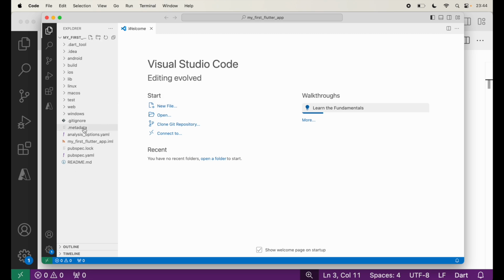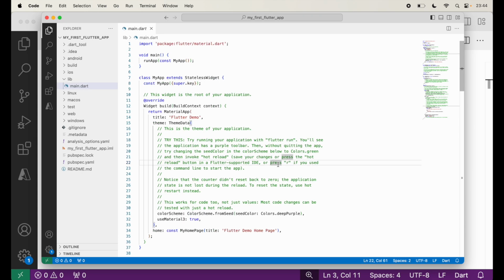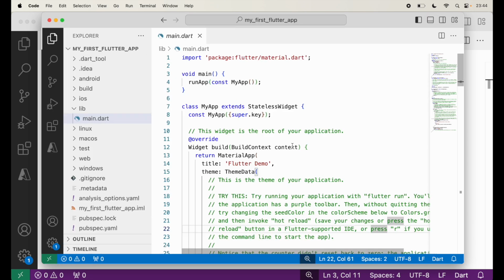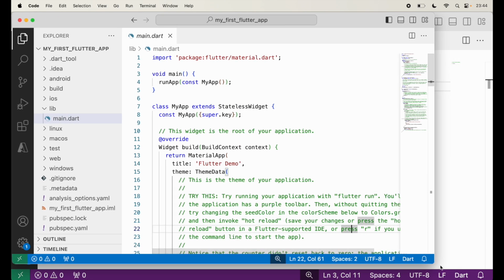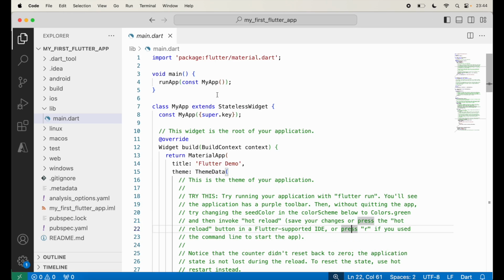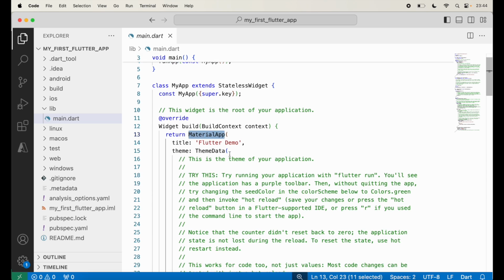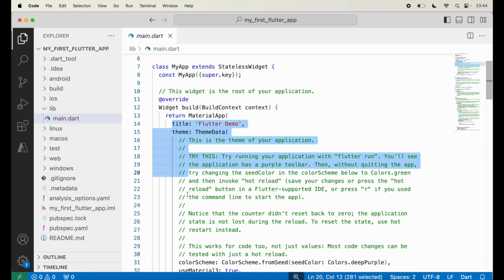Now inside my main.dart file, which is inside my lib folder, this is where all the code for that particular project is. Let me just increase the size so you can see it more clearly. And in here I am going to import the package, the material design, main, and runApp. That's perfect. Class MyApp, override, widget build, and return MaterialApp. After this, I'm going to remove everything that is there